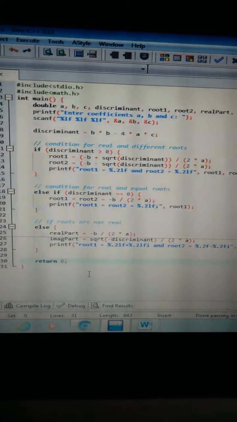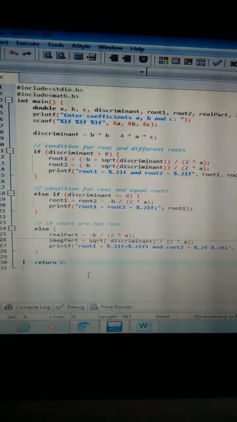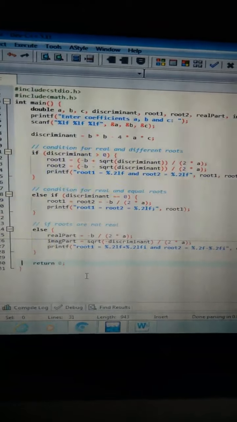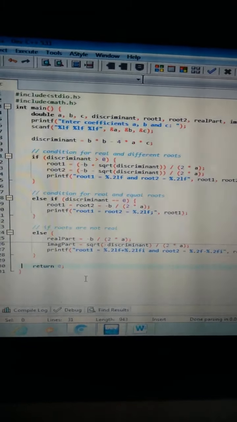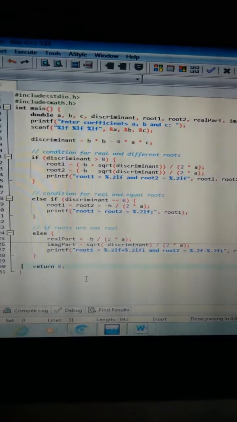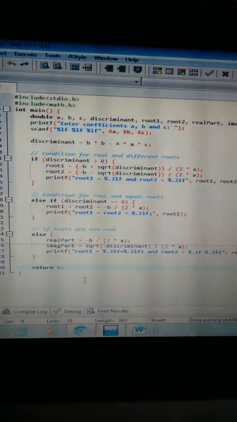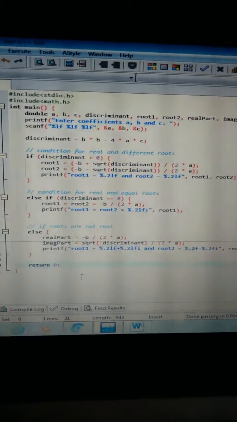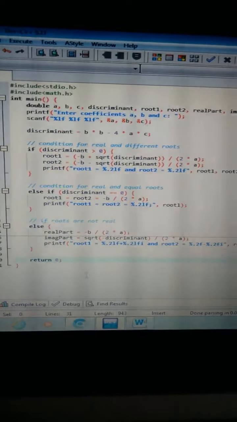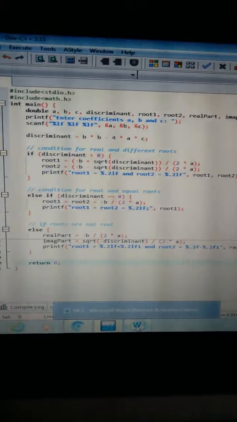A quadratic equation, we all know, has two roots. We can find the roots of a quadratic equation by the inspection method and also by the factor method. But if we are unable to find them by these two methods, we go for the formula method. And the formula for finding the roots of the quadratic equation is, see here.